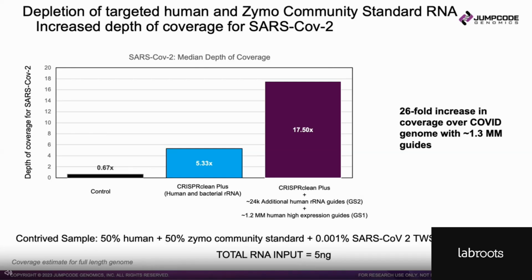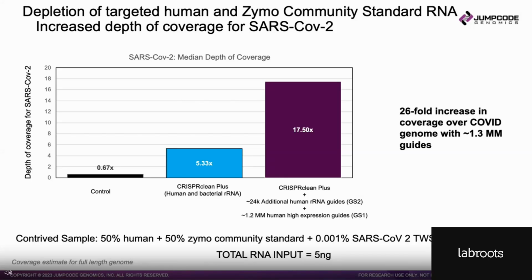In the end, we are looking at how the coverage of the SARS-CoV-2 genome, which was not targeted by any of the guide sets, will increase after the depletion of the human and the bacterial RNA. The y-axis on the bar graph is the depth of coverage of SARS-CoV-2, while the x-axis represents the different samples. Notice that the untreated control sample has a SARS-CoV-2 depth of coverage of 0.6x, and with the sample treated using only the CRISPRclean guide set, you notice that the depth of coverage is now